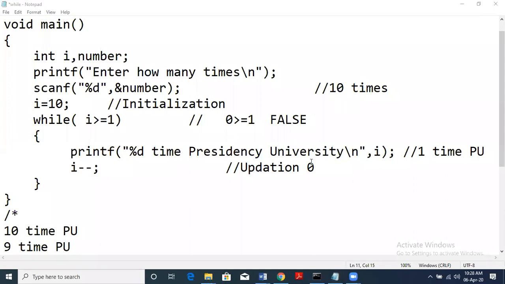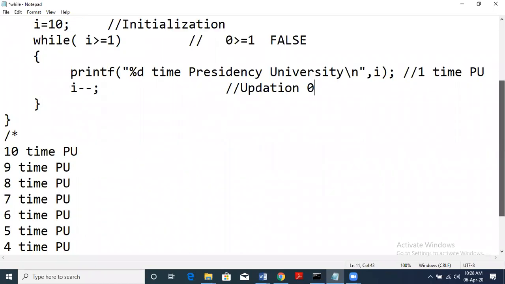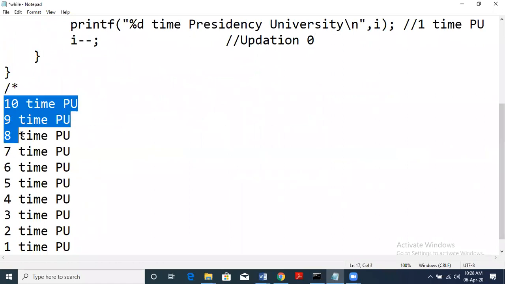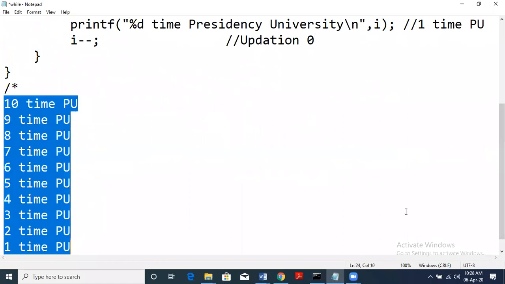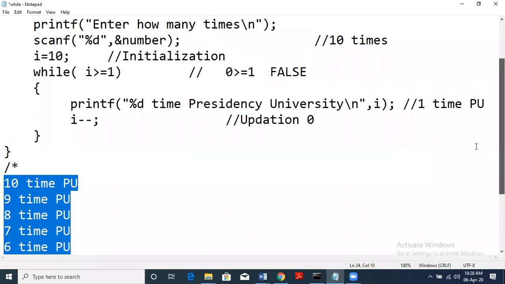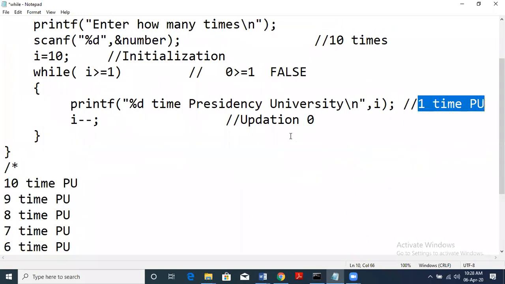The last step is where we have the doubt: what happens when i becomes 0. I'll explain this again. We printed i up to 1: 10, 9, 8, 7, 6, 5, 4, 3, 2, 1. After that, after printing PU the 1st time, i becomes i-- , 1 minus 1 is 0. Now when we come back to check i is 0, is 0 >= 1? 0 is not greater than 1 nor equal to 1.